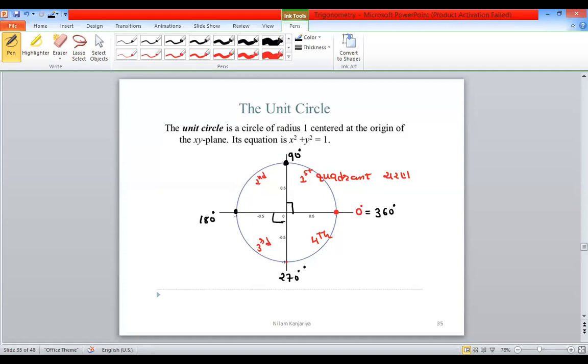પેલું 0, 90, 180 આ બધા નામ. Then આ બધા ચરણ 1, 2, 3, 4. And second, this is the all STC. All means all trigonometric functions: sine, cos, tan, cosec, sec, cot, all. S for the sine and cosec, T for the tan and cot, C for the cos and sec.